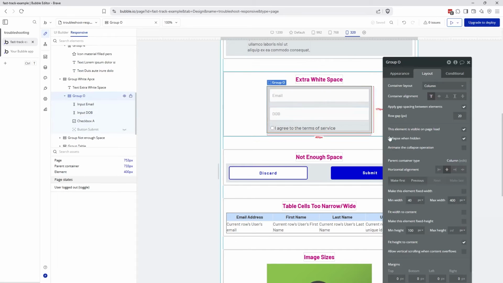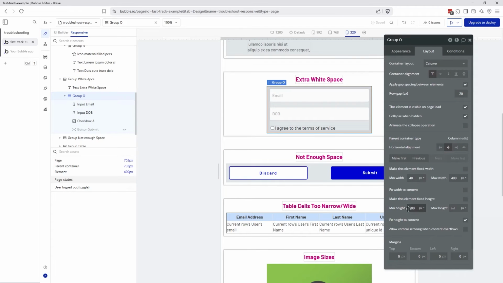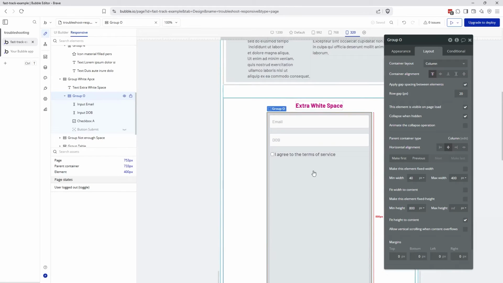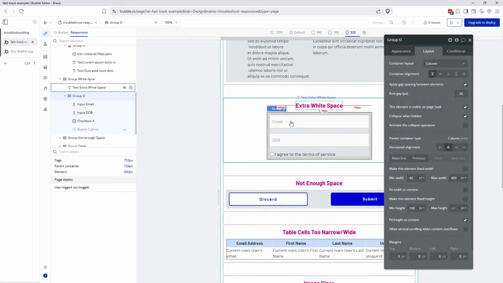And of course, the height of the group itself also matters. Notice that the minimum height of the group is 100 pixels. It's also fitting to content. If I set the minimum height of the group, let's exaggerate it here, to 800 pixels, right? That's the first thing that you're going to see. So pay very close attention to all relevant elements' dimensions, because they can have a ripple effect on the things